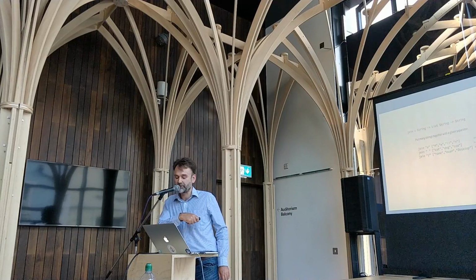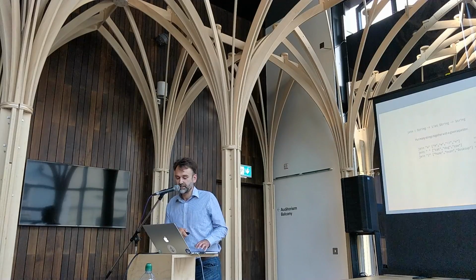We just have the name of our function and the list of things that we're given to that function. So here, the function join takes a string and a list of strings, and it produces a new string and spits that out. So the first one, you can probably work out what it's doing. It's adding an A in between each of those letters.